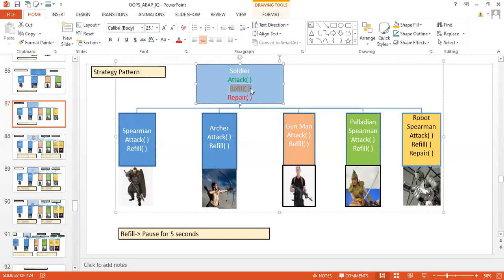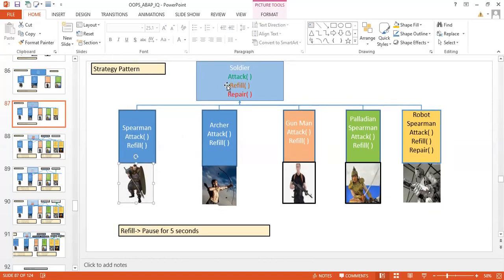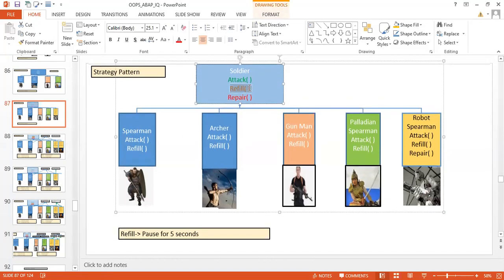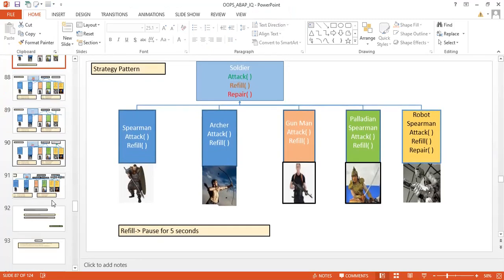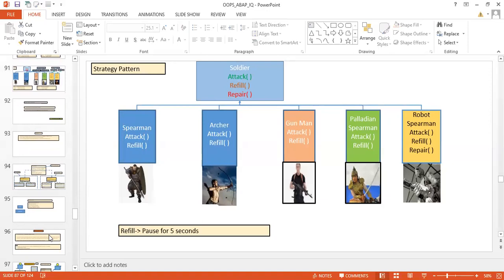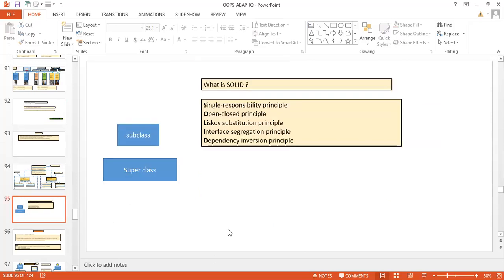Because if you put this refill over here, it's going to create a problem for this paladin and this spearman. So unnecessarily we are increasing the complexity. That's the meaning of the Liskov substitution principle: if a method is there in a subclass, it must be perfect for the superclass as well, in such a way that everything should be in sync, right? So that's the Liskov substitution principle.